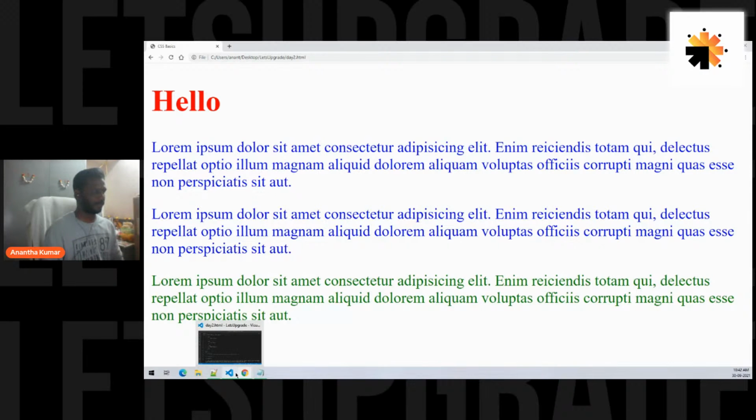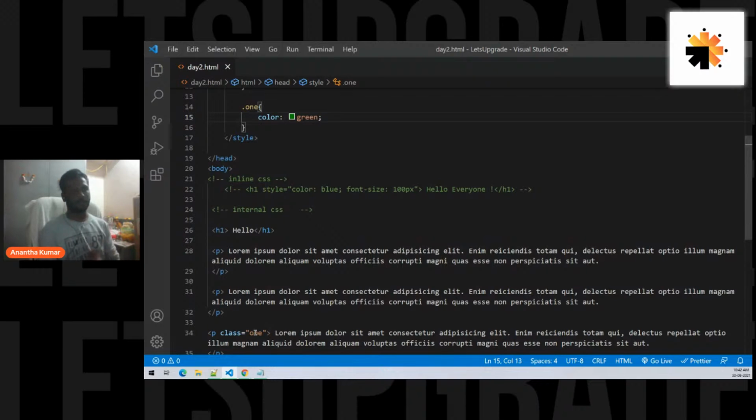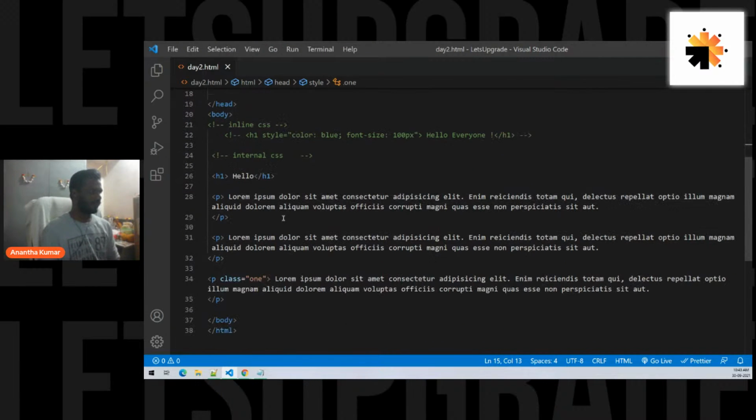Yes. So this is the advantage of using class, guys. If you want to customize a particular HTML element using a different style, you can give it a class and go back to your style place and write all the required information here, right? So that is one thing. Now you can give this class to another element also. For example, if I want to give it to the first element,